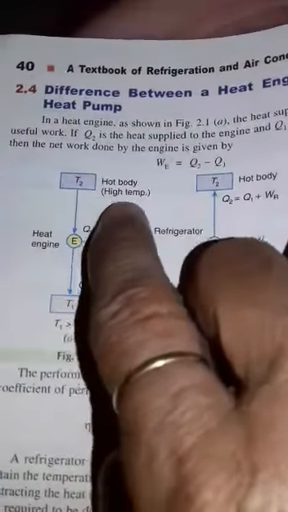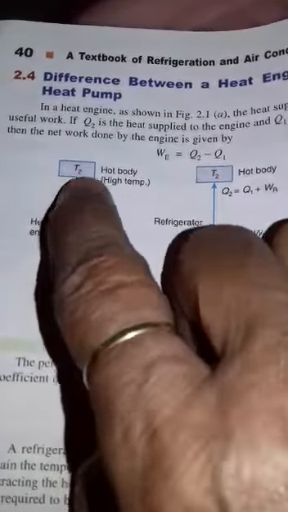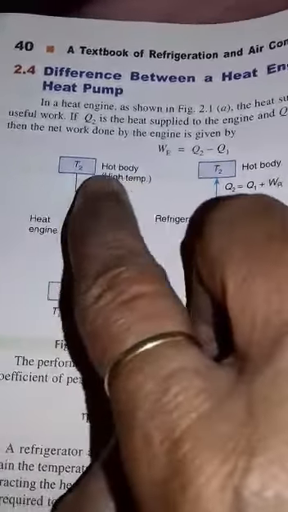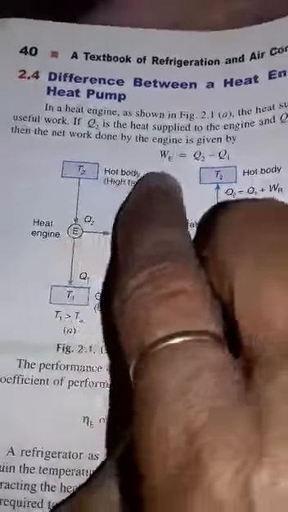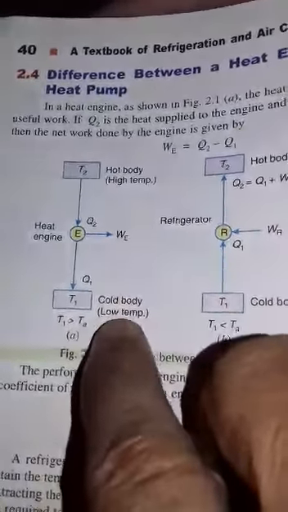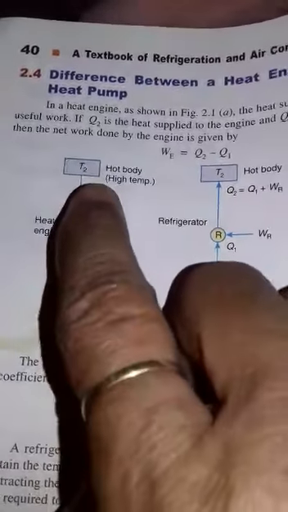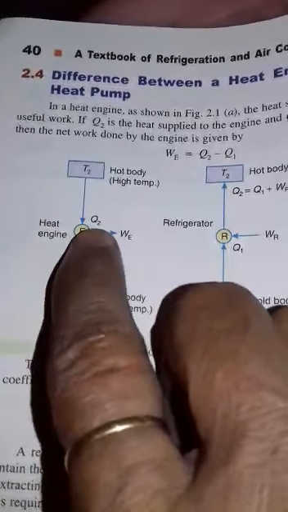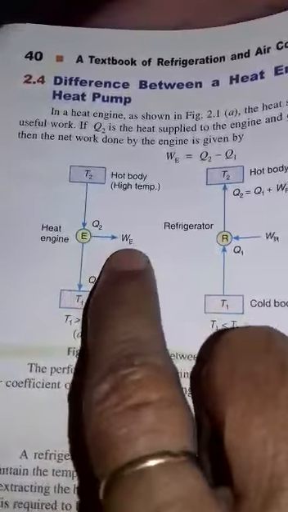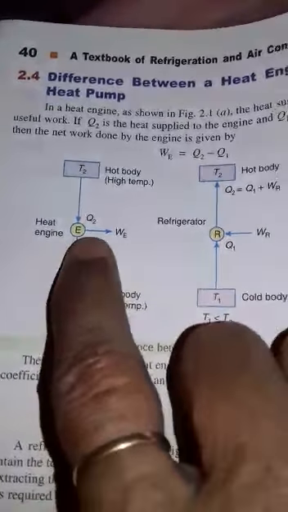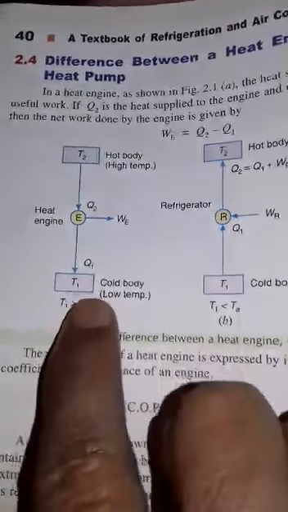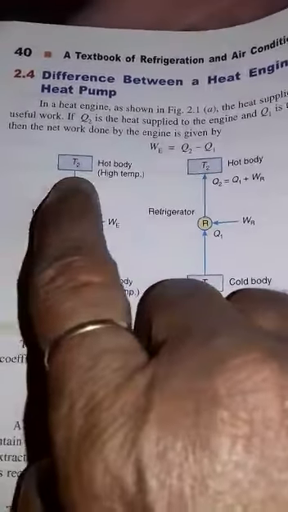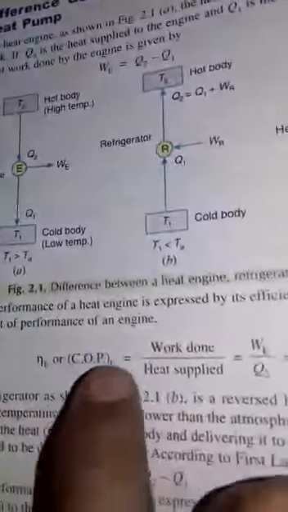Heat engine, that is an engine, it is working between the two different temperatures T2 and T1. T2 is the higher temperature and that is called reservoir, and T1 is the cold temperature, that is called sink. Now the engine is taking heat from the reservoir, Q2 heat is coming to the engine, work is being performed by the engine WE, and heat is rejected to the sink. So here we have got lower temperature T1, higher temperature T2. In between that the engine is working.